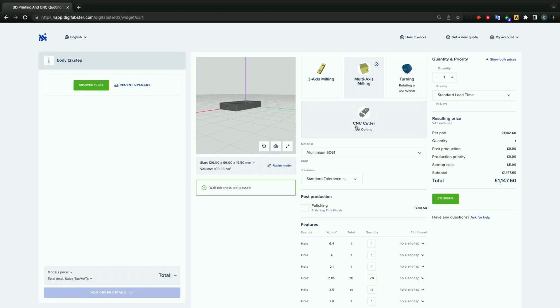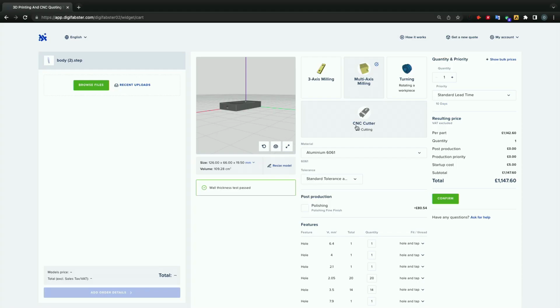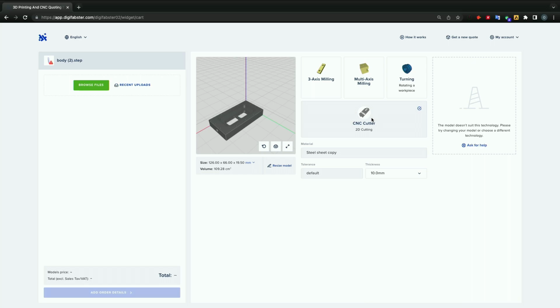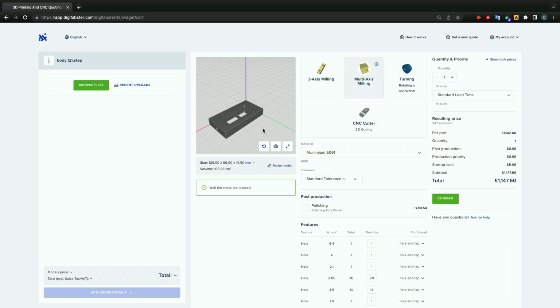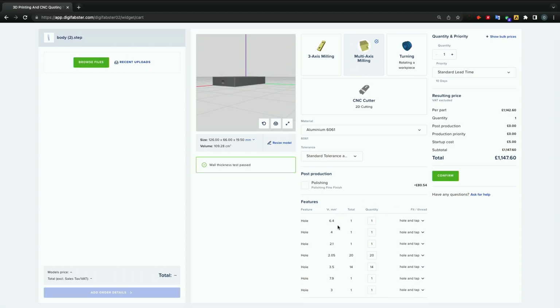But the algorithm from DigiFabster says this is best machined on a multi-axis machine. Yeah, so if I go and try and get this turned on a lathe, you can see it's not going to suit that technology. If I laser cut that, again, it's not going to work. For this part, I've got a multi-axis mill and I can see some very simple parameters here, information here and then parameters down here. And you can see also it's recognized all the holes in this part, it's peppered with holes,